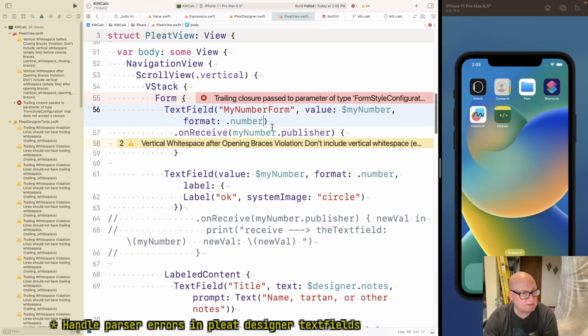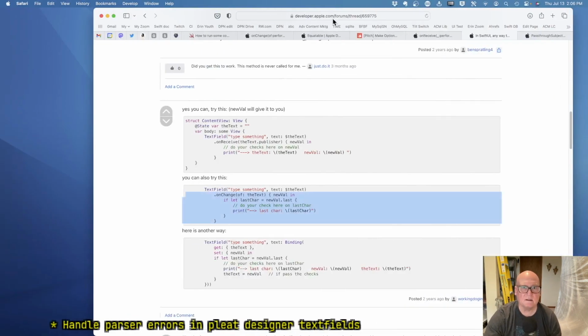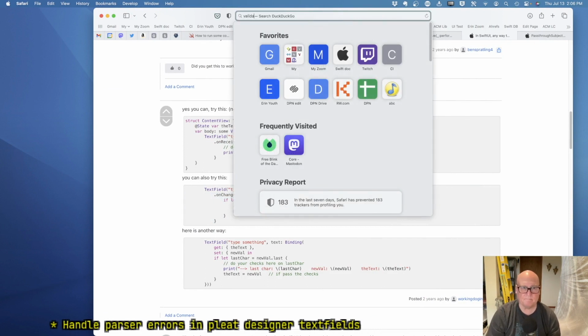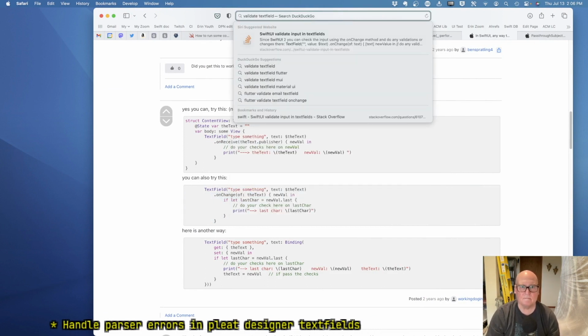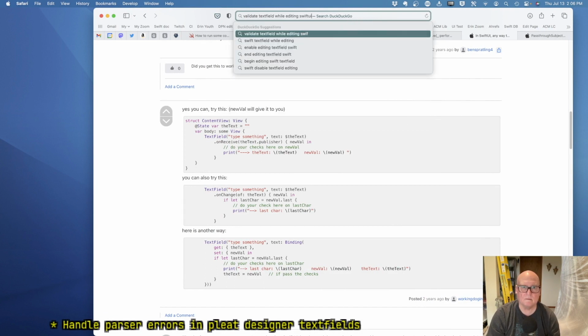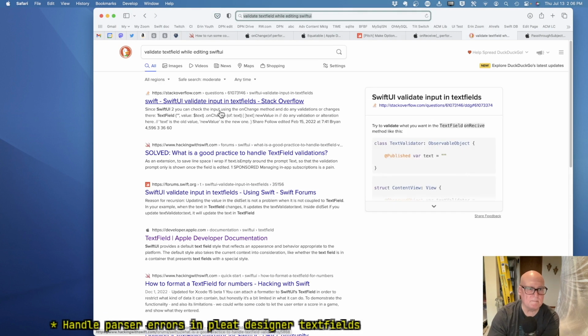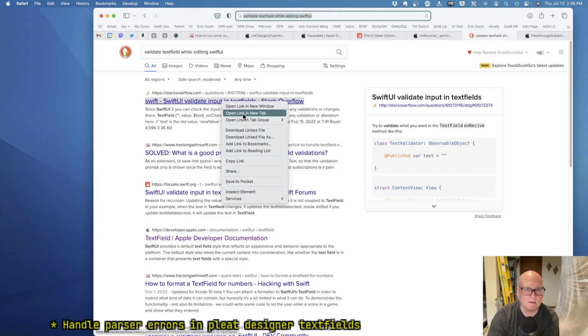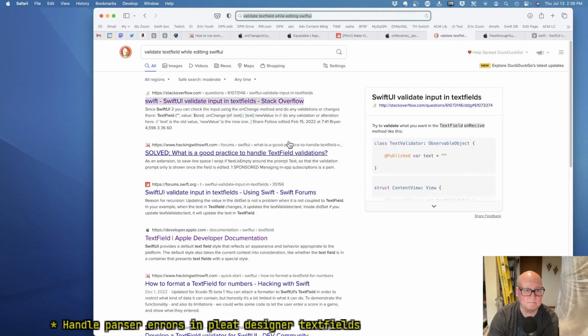I mean, how does it publish a value when it's not a value? Okay, let's change. No.